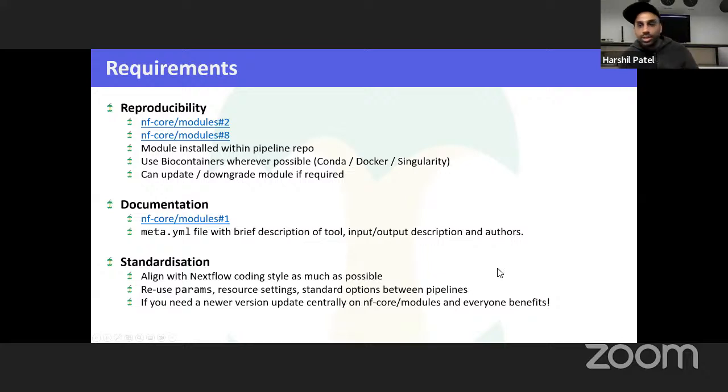We need to have documentation for these modules as well. And we need to be able to standardize them, so you don't see 50 different modules looking in different ways. We need to have lint tests and ways we can check this over time to make sure that everything looks